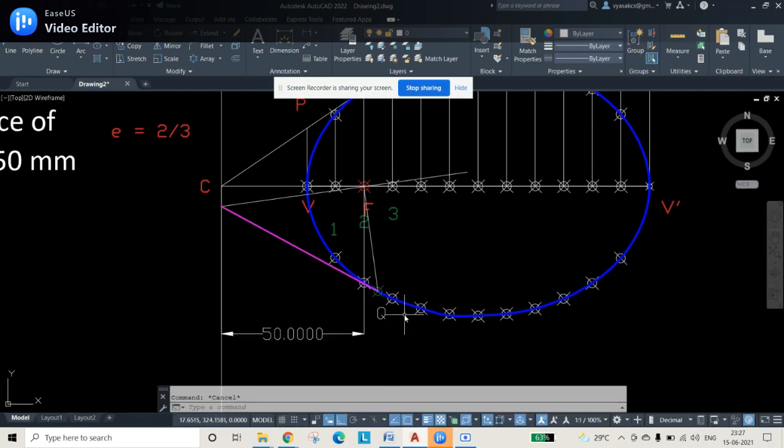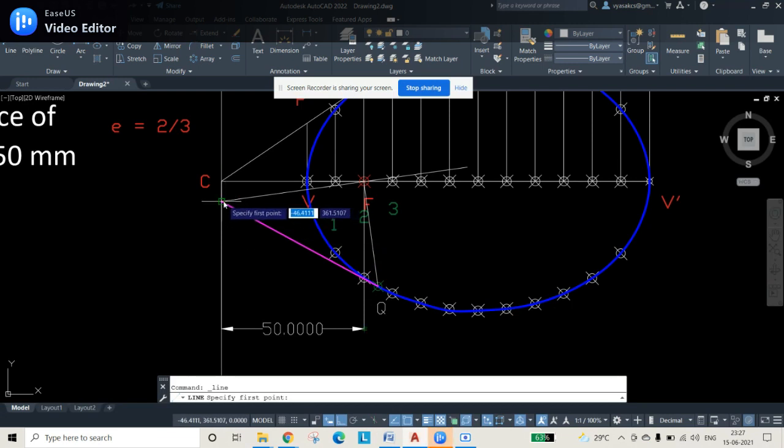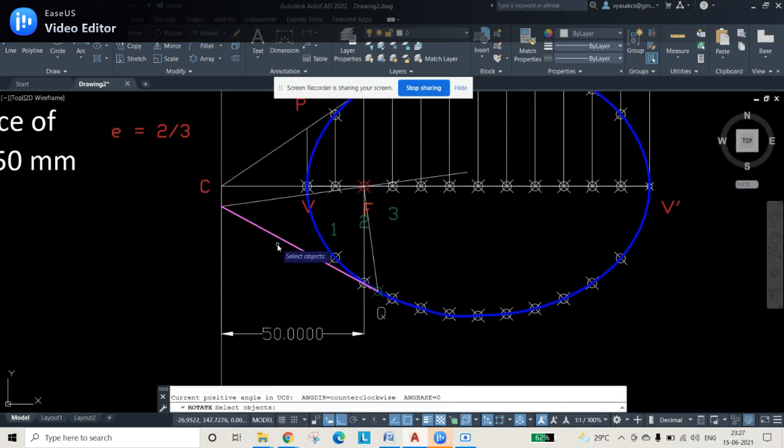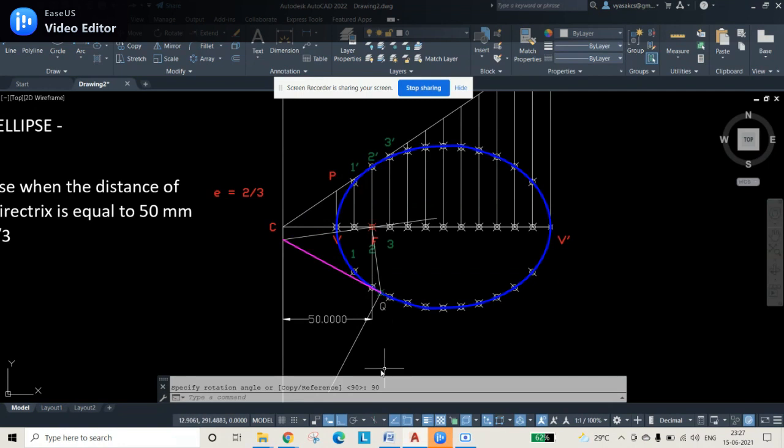As we know, tangent and normal will be perpendicular to each other. So what I can do is draw a straight line like this from D dash to Q again, and use the rotate command and select this object and press enter. From Q I can rotate it with 90 degrees. So select the object and press enter, select the Q point and rotate it with 90 degrees.